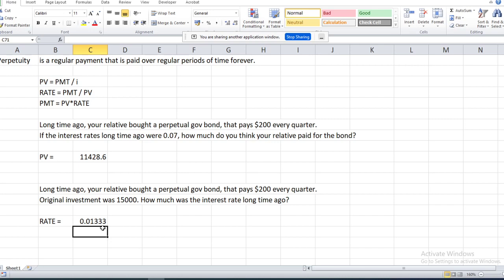But again, what we gave the computer is the quarterly payment, so the answer is also going to be quarterly. Okay, so the rate here is quarterly. So to show the annual rate, of course, we need to remember. It's a very easy mistake to make. This mistake is very easy to make on the exam. Sometimes even I make these mistakes